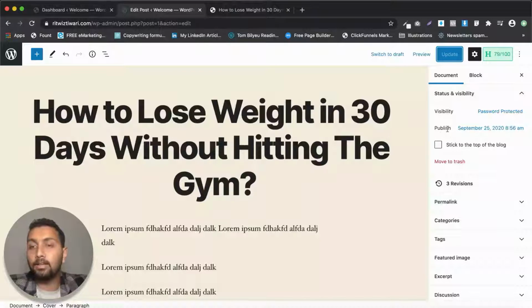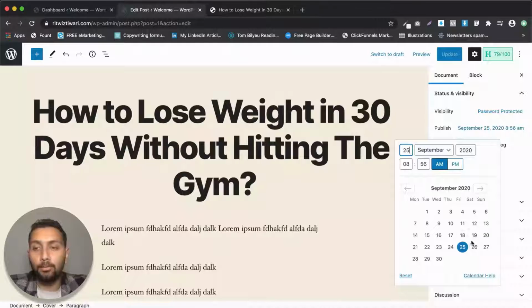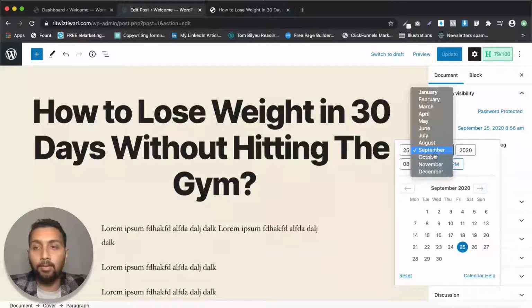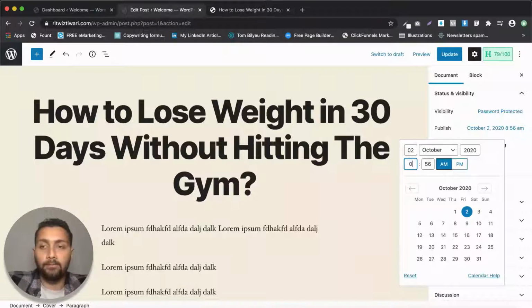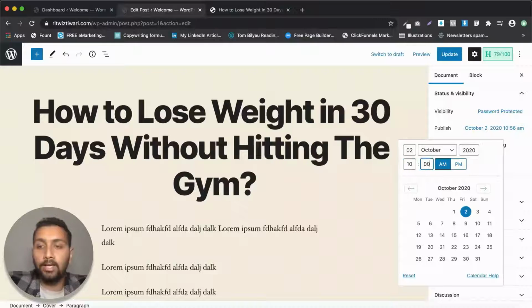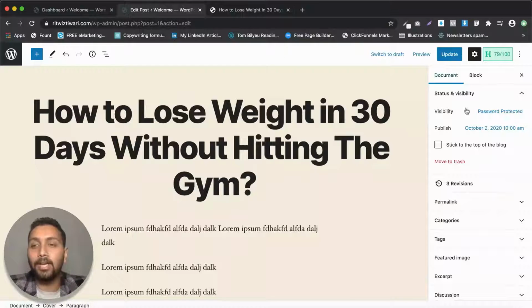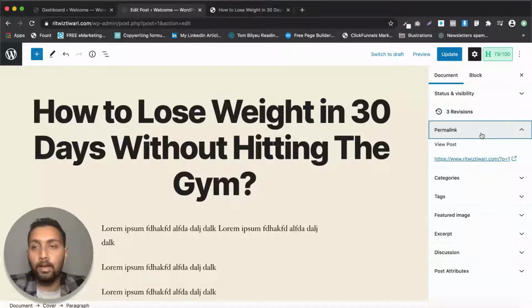The second thing is that you have an option of scheduling your blog post. This is something really, really powerful, because you can write all the content that you're going to post in a month in just 2 or 3 days, and then you can schedule it here by just selecting a date. Like maybe I want to post this post on 2nd of October at maybe 10 a.m. in the morning. So I just have to enter in the details here, and I can then just go around and travel the world if I want to, because my content is getting updated on the website automatically, right? So if I just update it, it's going to schedule it for that day. Cool, isn't it? All right, let's move ahead to the next thing, which is the permalink part.